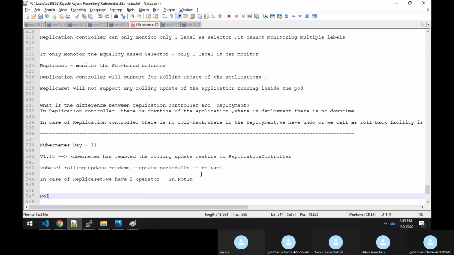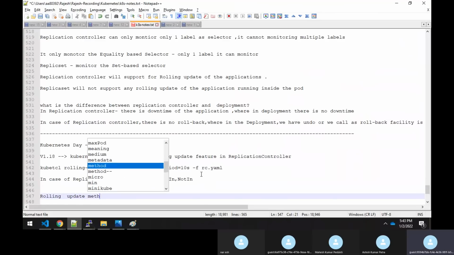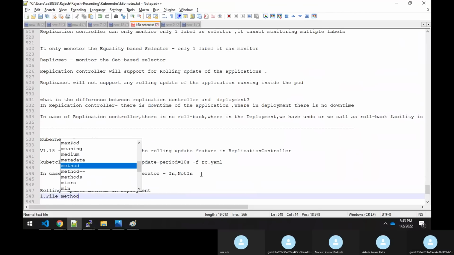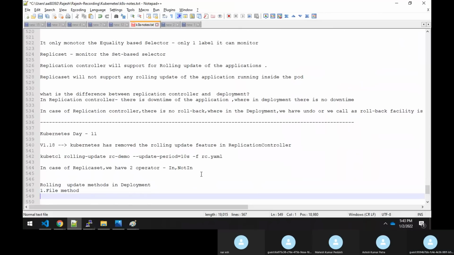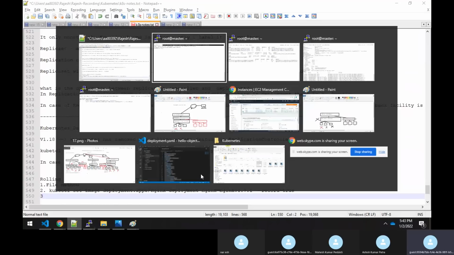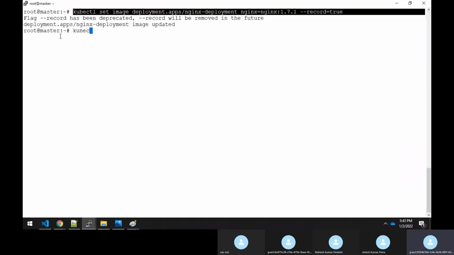Update methods in deployment: first is the file method, second is the command line. Third, you can just say kubectl edit and specify the deployment name.